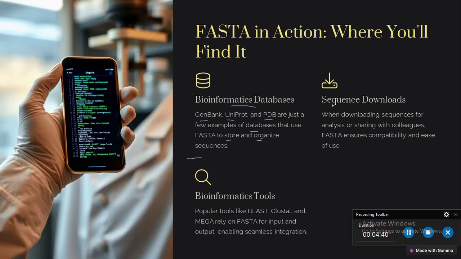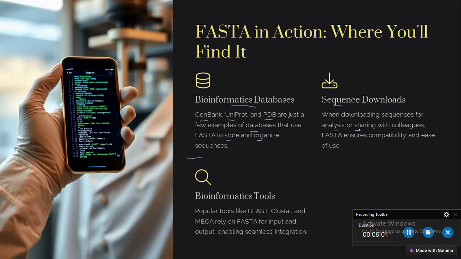Number two, sequence downloads. When I retrieve information from these databases, I will take this information in which language? In a FASTA language. So when I am downloading a sequence, and my aim is to analyze it or share it with a colleague,